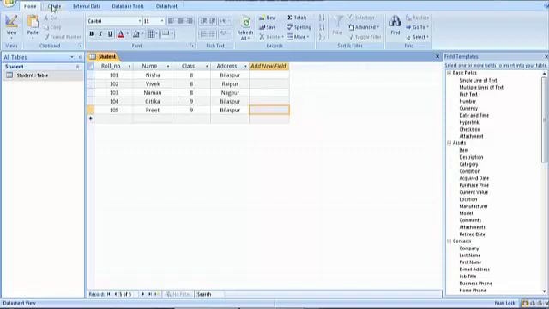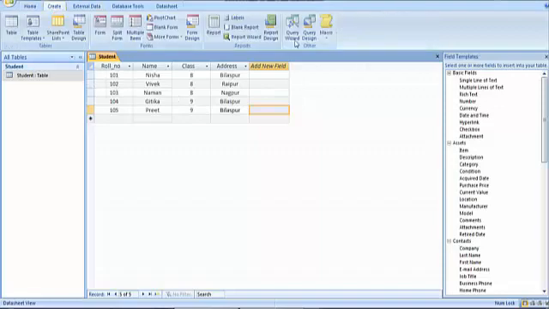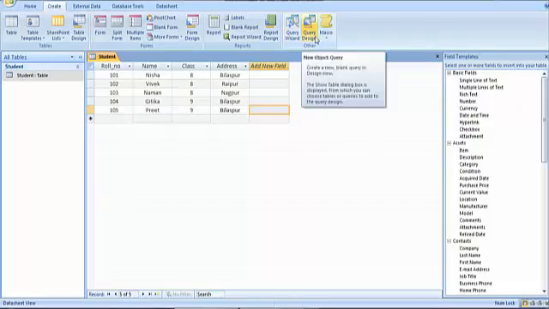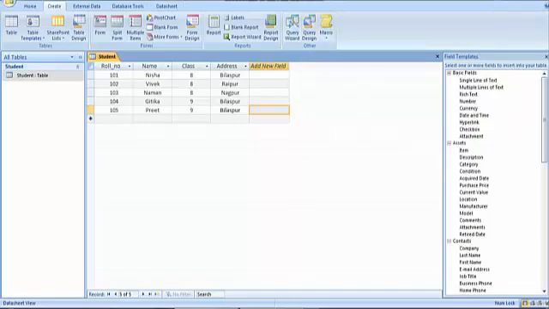So let us begin. We'll go to the Create tab, children, and a query can be created with the help of these two options, that is Query Wizard and Query Design. One by one we'll deal with them. The first one we'll go for is Query Design, because this option gives us many other appropriate ways through which we can fulfill all the criteria.